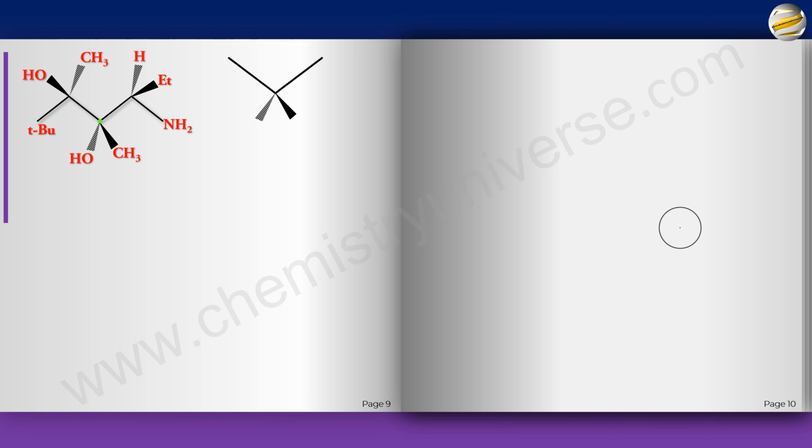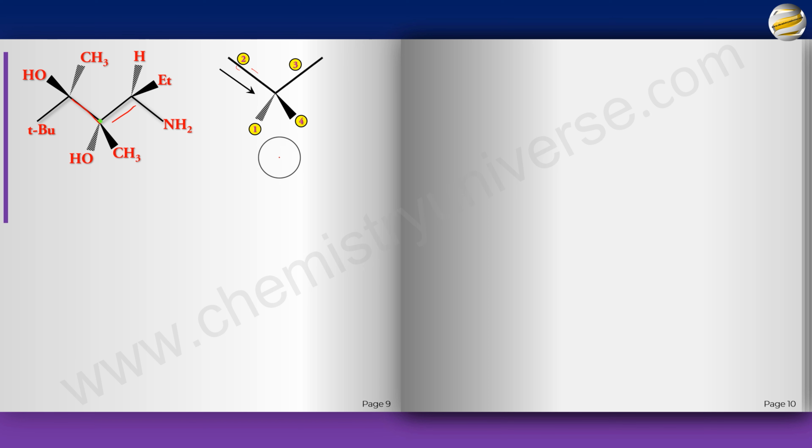Now obviously OH is 1. And this fellow is going to be 2 because it has got an OH. Then obviously this guy is going to get 3 because of NH2. And then CH3 gets the 4th one. Where do you see it from? Here. Now remember, these 2 are in plane of the paper and this is going behind. So you go from 1 to 2, 2 to 3.